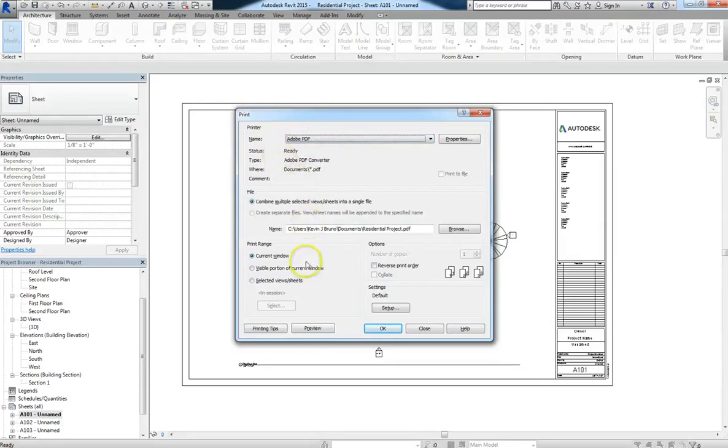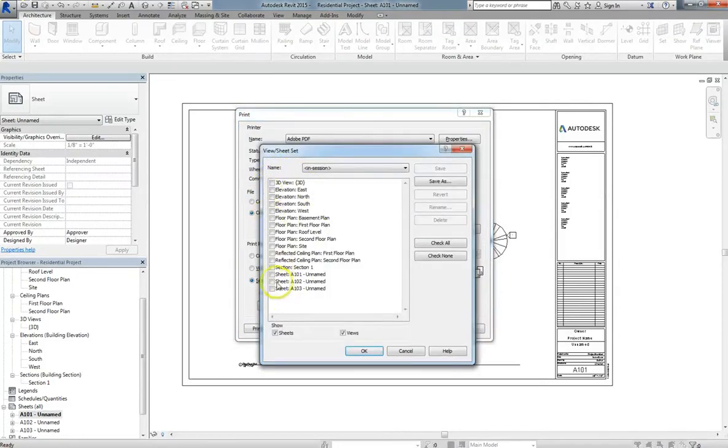And then you also have a bunch of different options. You can combine multiple selected views or sheets into a single file, which is what I personally prefer to do. Or if you choose selected views and sheets, you can create separate files. So if you do that and then hit the select button, you can actually choose what you want to print. So if all of your sheets are good, you can just go ahead and select those 3, and that'll print